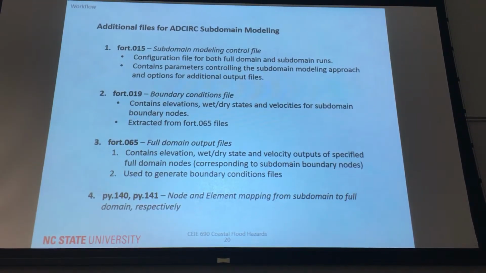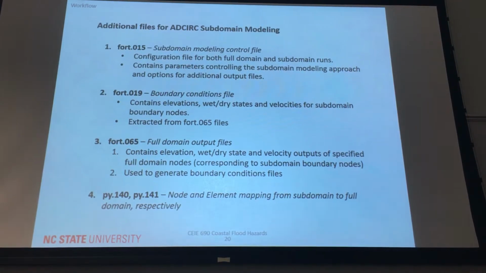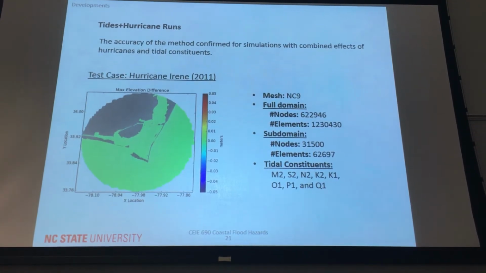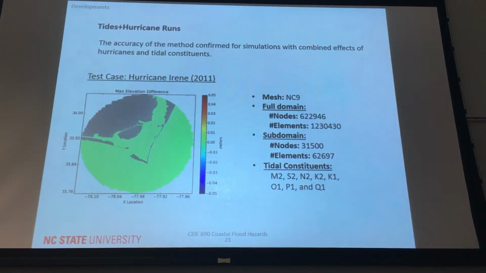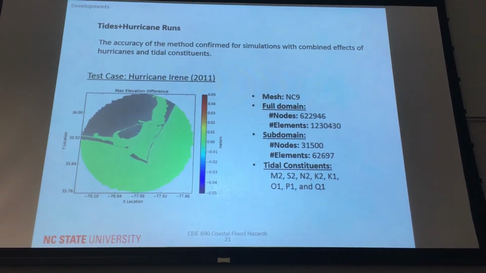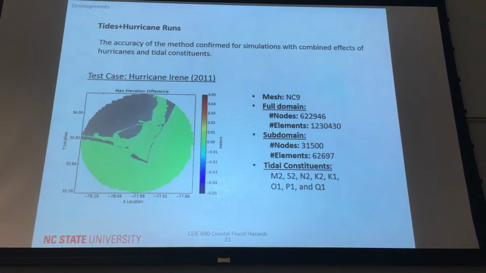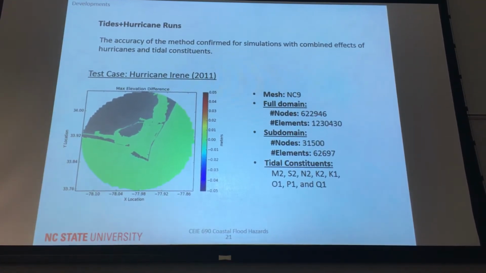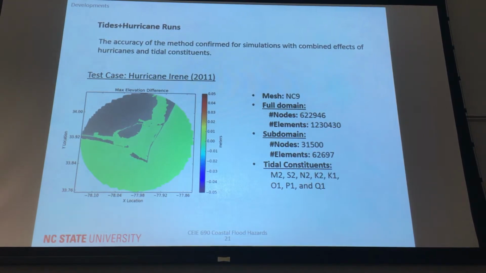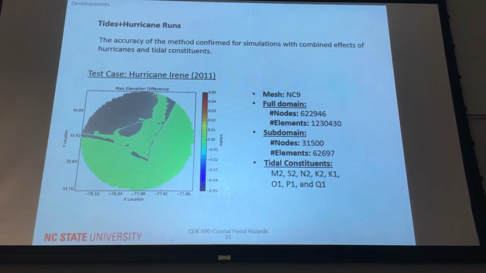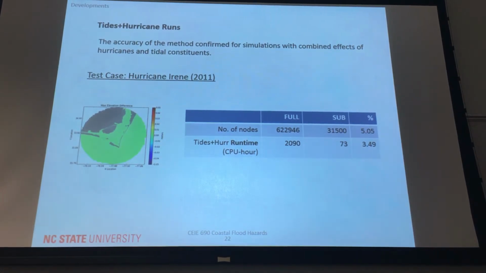Okay, this stuff we'll get into as we go, and you can read it later on. This is an example of a run that they did on a fairly big mesh, approximately 600,000 nodes. Their subdomain was around 30,000 nodes. They ran it with tidal constituents. And this is the comparison